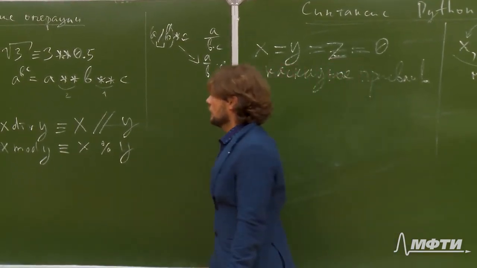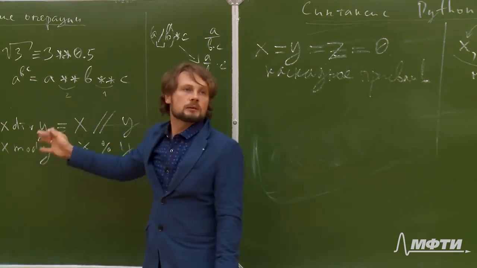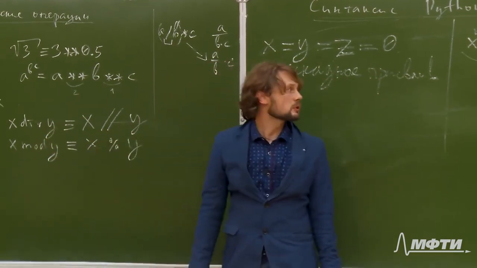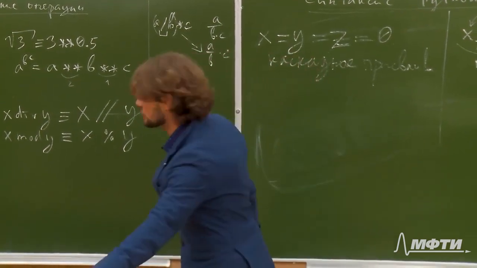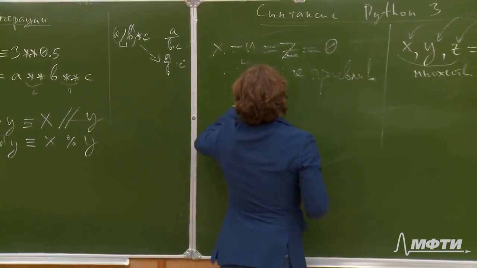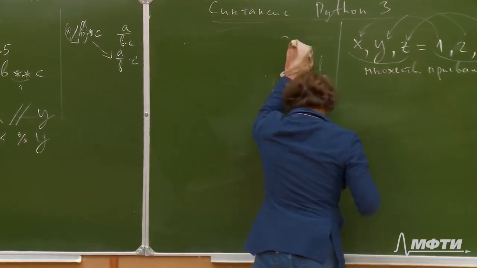Okay, well, the same thing here: these operations of the same priority, yes, this double division and the percentage. One more remark, also very important. It concerns negative numbers. The thing is,